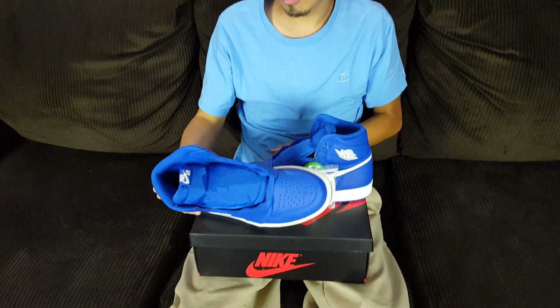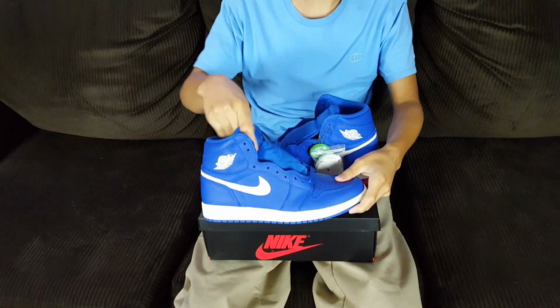Let me know what you guys think on these. I actually like these. I might get them later down the road when I find them for close to $100